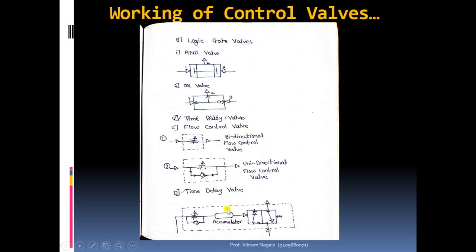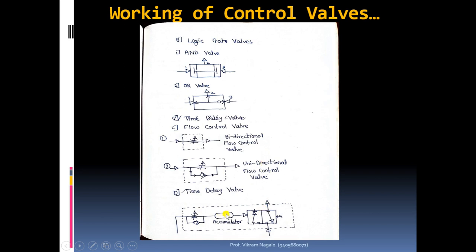So whenever the air is coming over here to the accumulator, and whenever this accumulator is getting completely filled, then the pressure will get generated, and that air pressure will cause this valve to actuate, and because of actuation of this valve, what will happen, the connections will shift, means the half block will obviously move to the right side, and because of that this spring will get compressed, and the ports in this block will coincide with the outer casing, and air which is coming at this port 1 will pass further to the output side, and the air will pass to the next component.